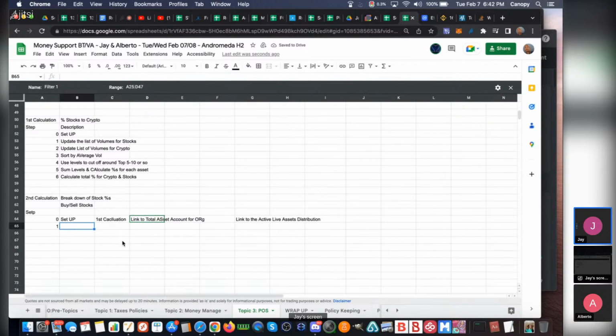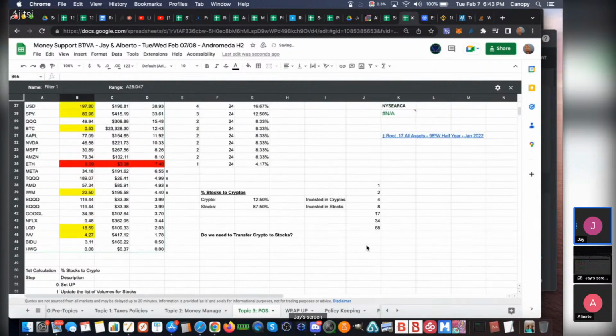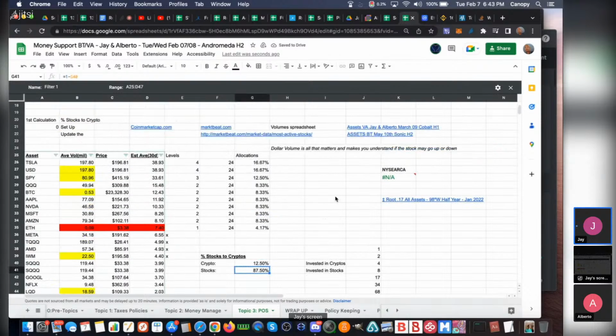So the first step is basically to use the crypto calc. Well, not the crypto, this is the stocks. Right? Use the stocks calc to calculate the percentage of each asset. Okay, so in this case, 8750 is the stocks. So I put the 8750, which becomes your 100%. And then we're going to be calculating that out for everything except for crypto, right? So then it's just going to be this divided by that, which in this case is 19%,